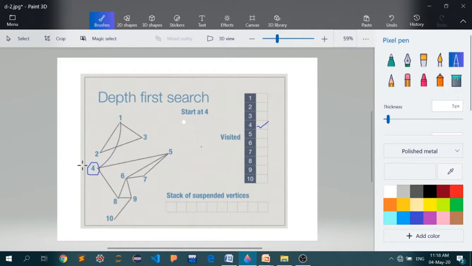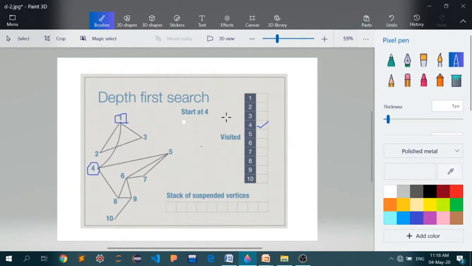Now, as in the previous slide, we have referred to a node as i. Now i has value 4. This i has, let's say, 3 neighbors: one is 1, the second is 5, and the third is 8. You can pick any one of them. I will pick the first for now.